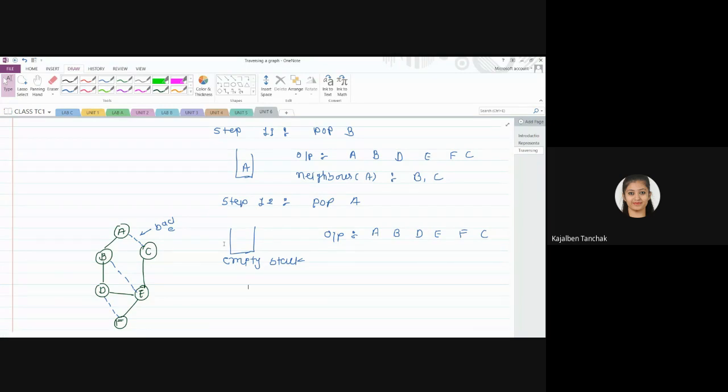Because see, this graph has a cycle, right? So if you do not have any specific condition to stop the execution of the algorithm, then this loop is going to repeat for infinite time. So we have to find out how we can stop the execution. For that reason, we pop all the elements from the stack, and once your stack is empty, you stop the execution of the algorithm. Fine. Is it clear now? Yes ma'am, clear. Okay, good. Very good. That is a good question, Janvi. So I guess this example is clear to everyone.